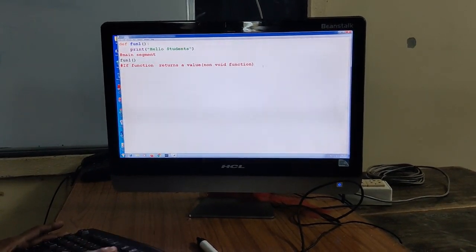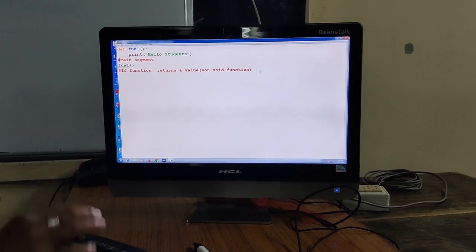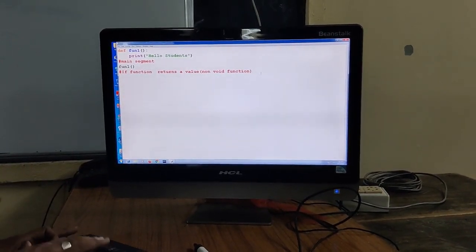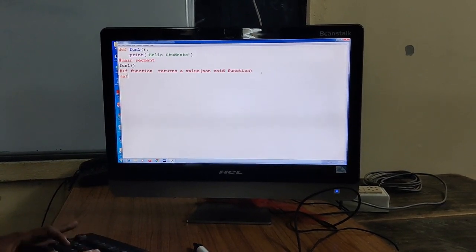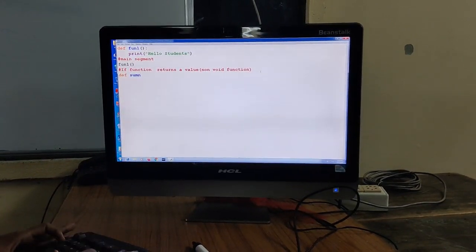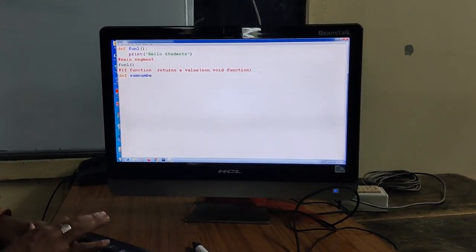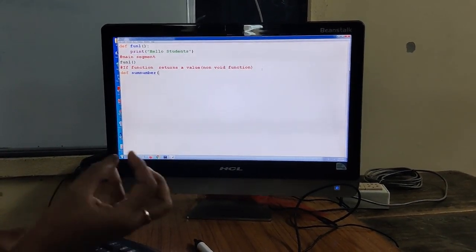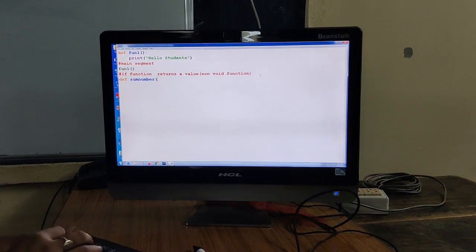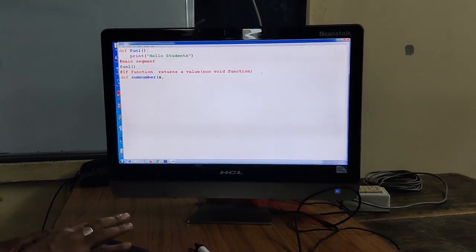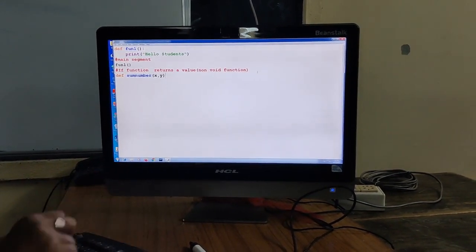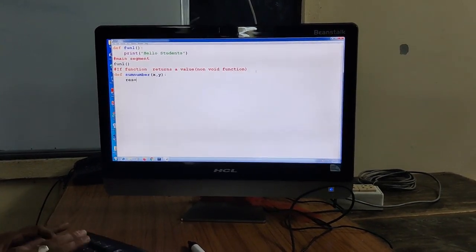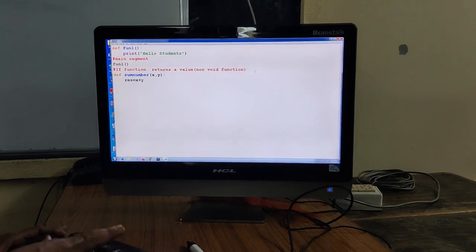So let us discuss with the help of one example. Suppose here I want to define one function. def, the function name is sumnumber, and two arguments I want to receive the values. So here x and y, two arguments I have defined. After that result equal to x plus y.